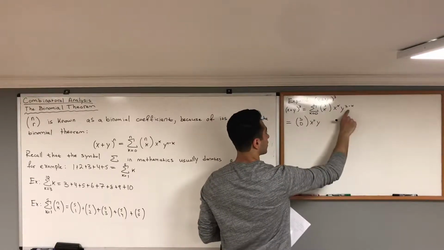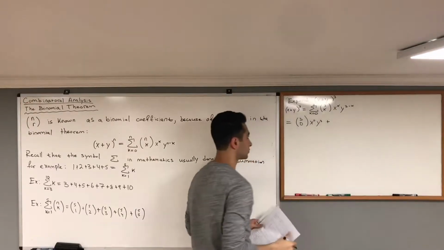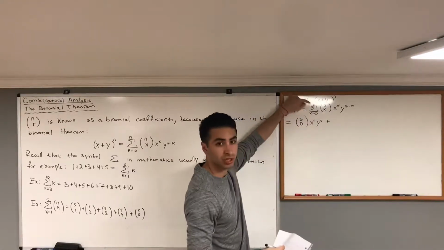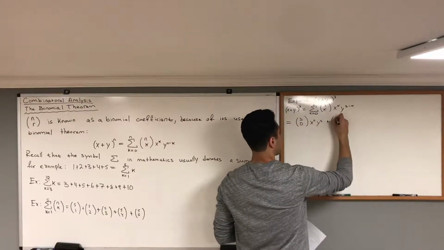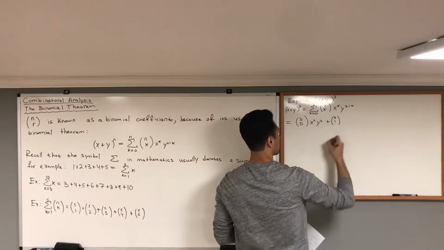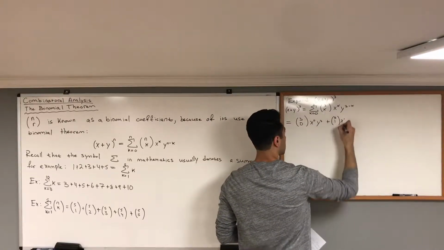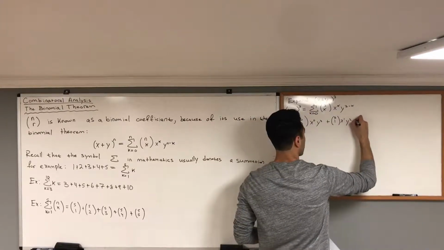Y to the 3 minus 0, which is 3. Now plus, right? Because k has to reach the 3. You're not done yet. Okay, so plus, now my second binomial coefficient where k equals 1, x to the 1, and y to the 3 minus 1, which is 2, plus